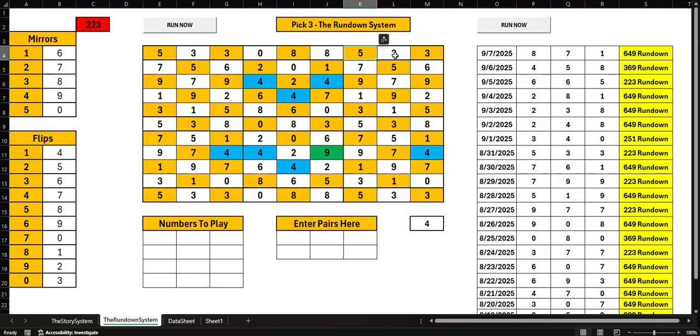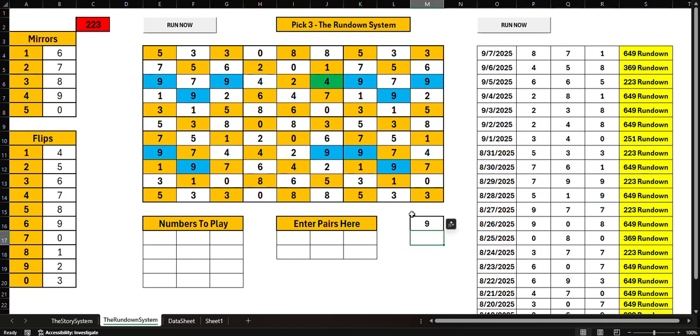Right here, 153. Down here, 513. 513 even plays straight across here. 531. And it's still attached to the 4. 513 attached to the 4. A lot of these are probably attached to the 9 as well. So if I switch this to the 9,